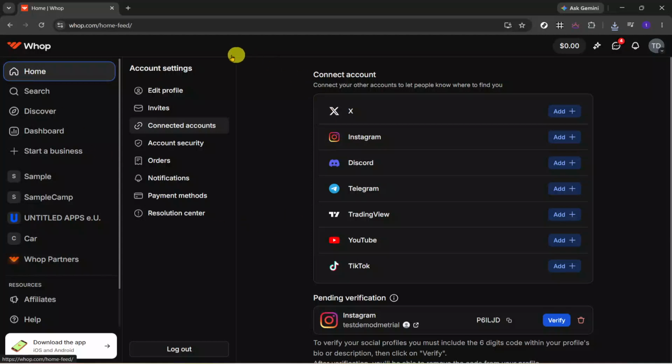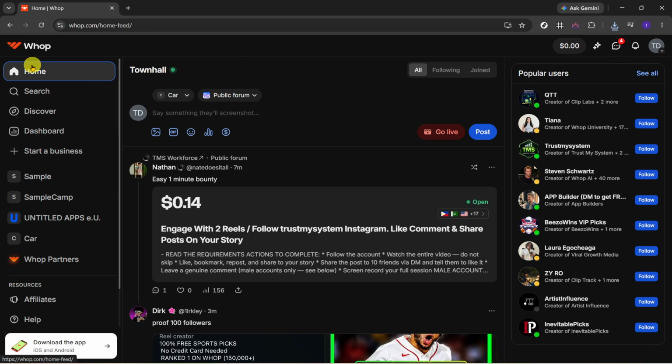Hello, today we will guide you through how to connect accounts on Whop Business Account. In this walkthrough, we'll show you how to connect an account inside your Whop business settings. This is a simple process, and once you know where the settings are located, it only takes a few moments